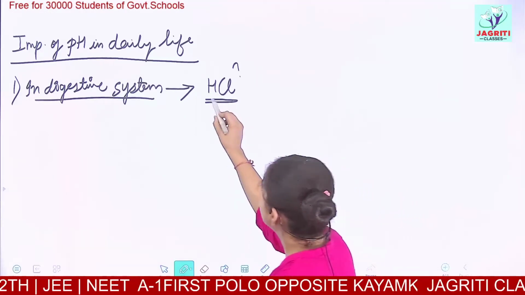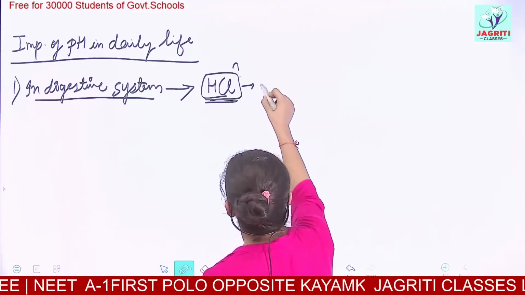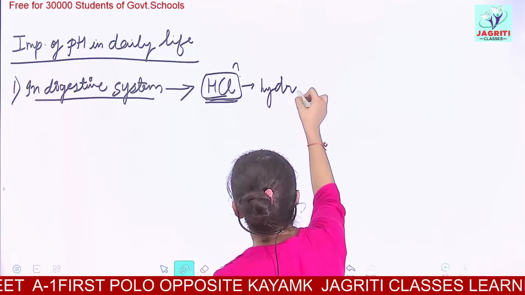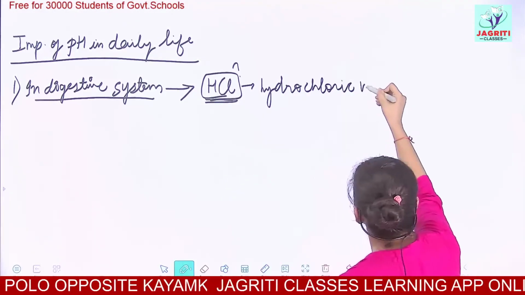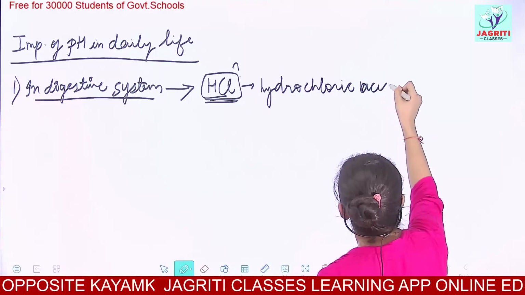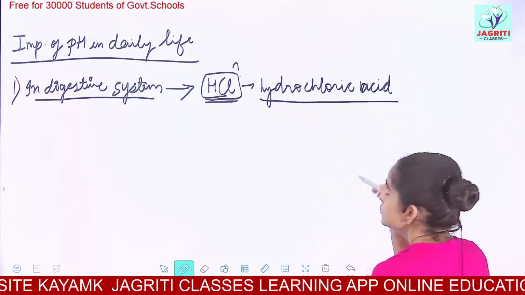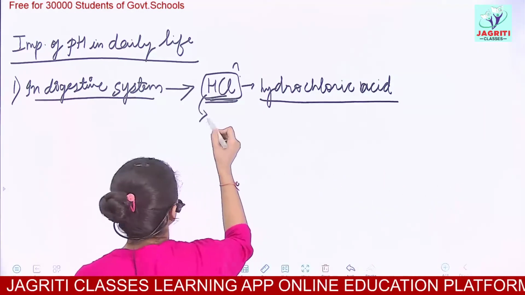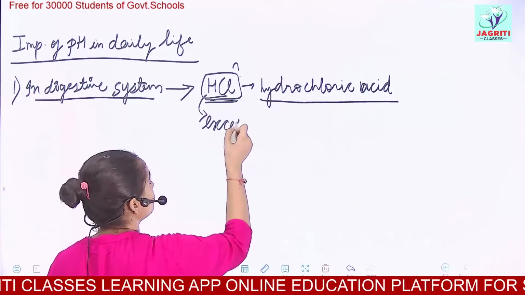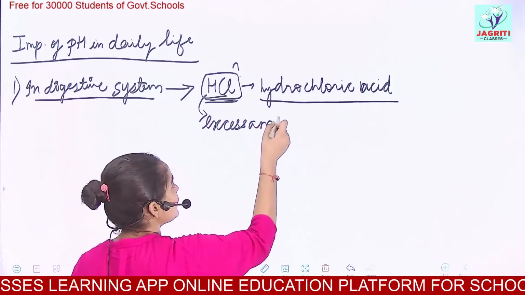Here what we want to discuss is HCl, hydrochloric acid. You should all now be well aware of their names. So this acid has certain functions, but if this acid is produced in excess amount, the excess secretion